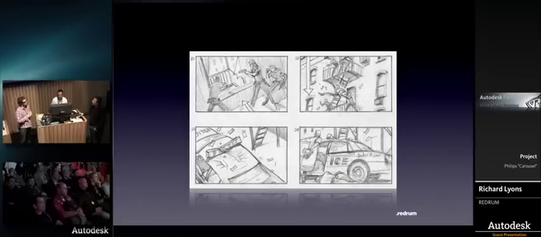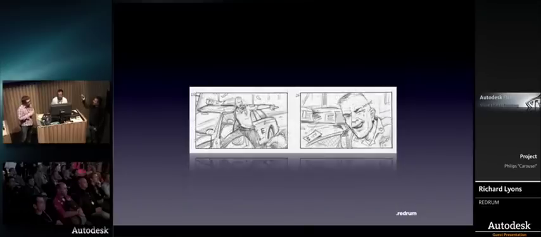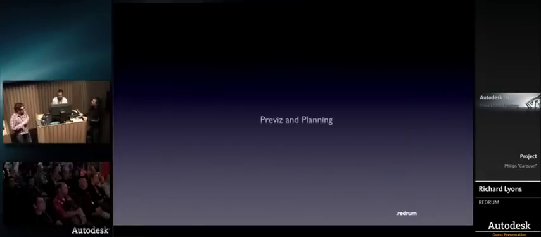So it was pretty much locked down at that point there. So you were able to kind of use that on set to block things out. Yeah, exactly. Moving on to the previs and the planning, which of course was probably the most important part, and